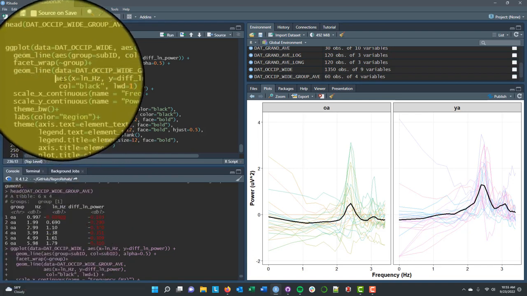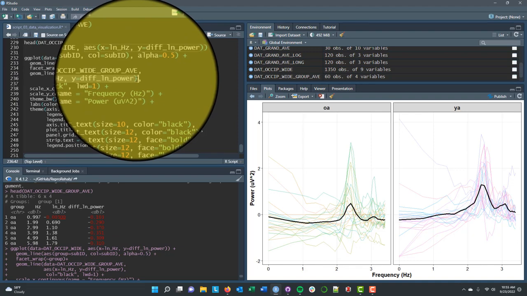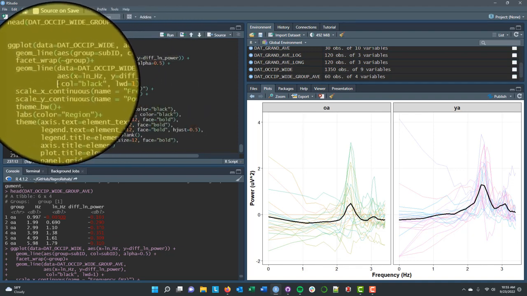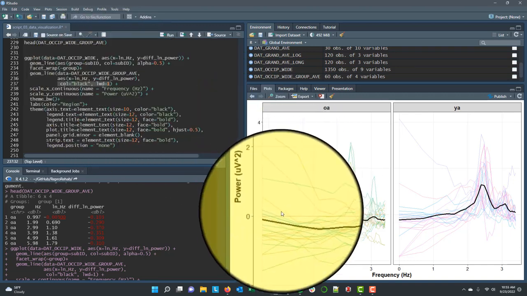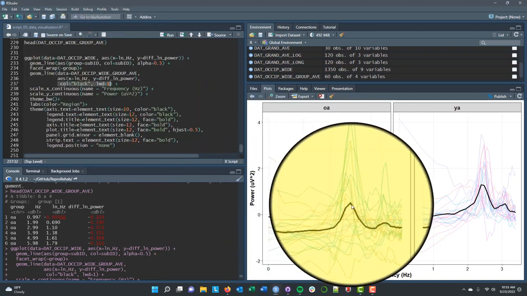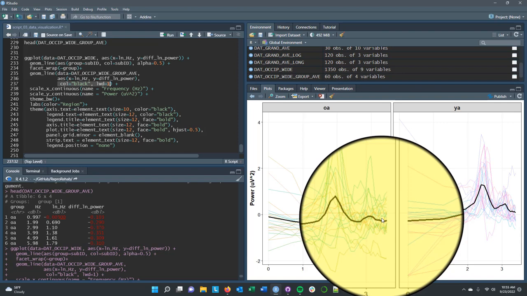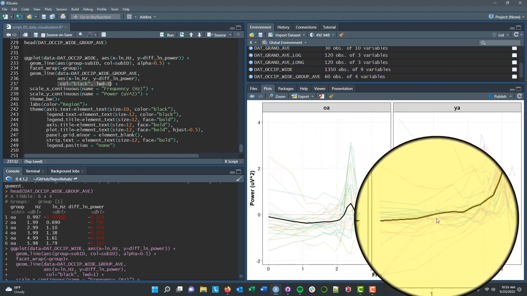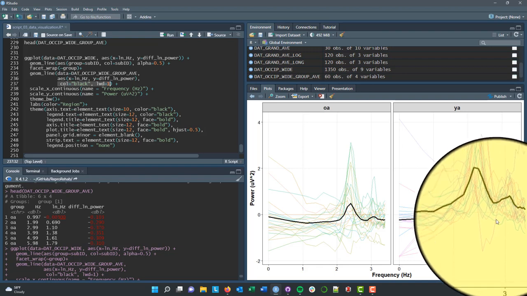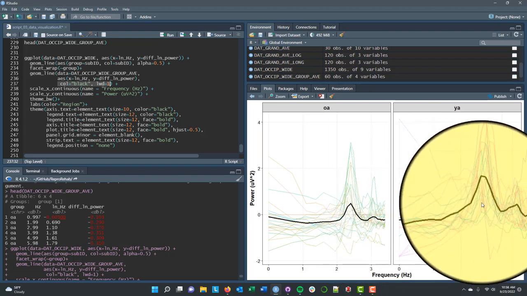I still want to plot the same thing on the x and the y axis, but I want them to be a little bit thicker, and I want them to be solid black lines so that I can easily differentiate the mean difference for the older adult group from individual lines in the older adult group. And similarly, get the mean difference in the younger adult group separate from individual lines in the younger adult